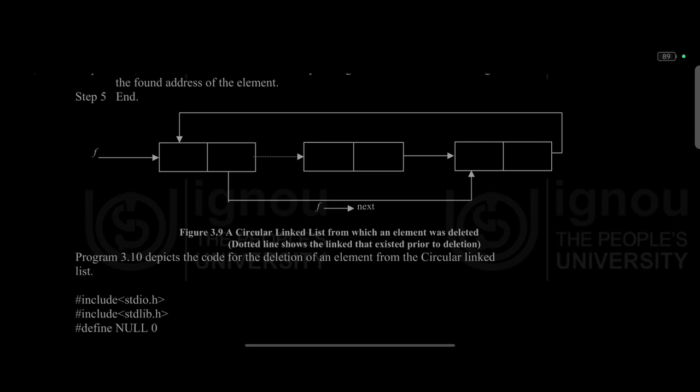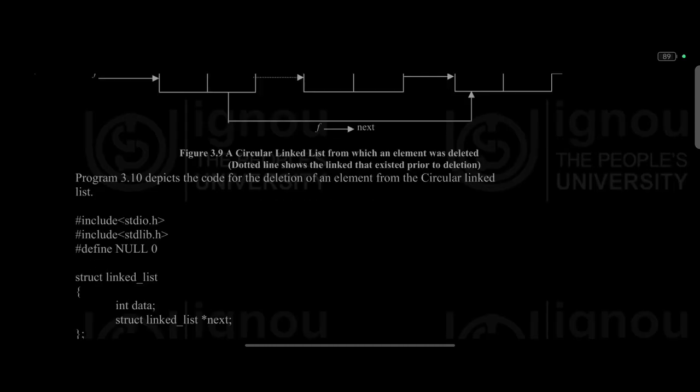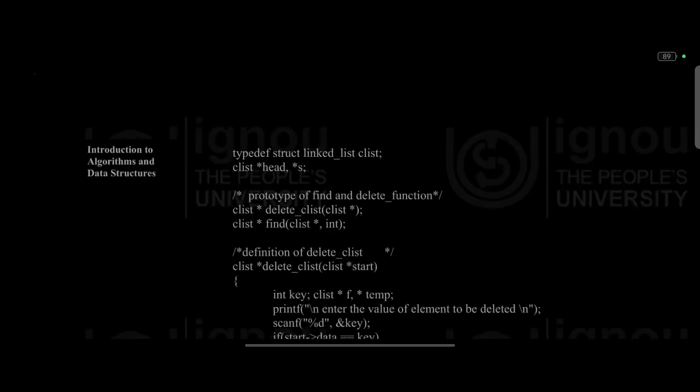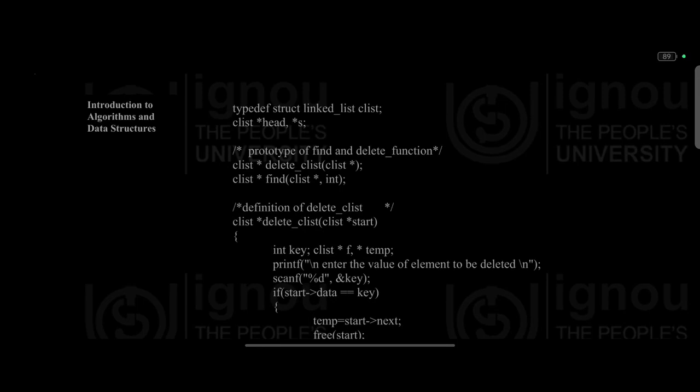So here we can see figure 3.9 is a circular linked list from which an element was deleted. The dotted line shows the link that existed prior to deletion. Program 3.10 depicts the code for the deletion of an element from the circular linked list. #include <stdio.h> #include <stdlib.h> #define NULL 0 struct linked_list { int data; struct linked_list *next; }; typedef struct linked_list clist; clist *head, *s; /* prototype of find and delete_function */ clist *delete_clist(clist *);